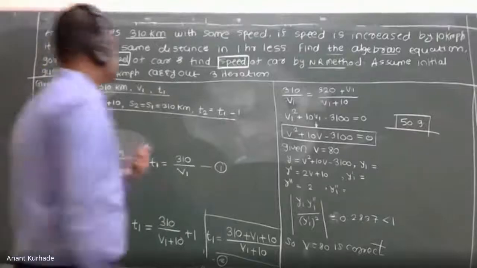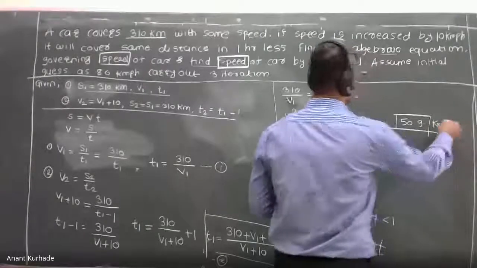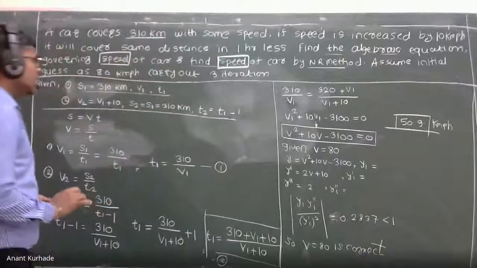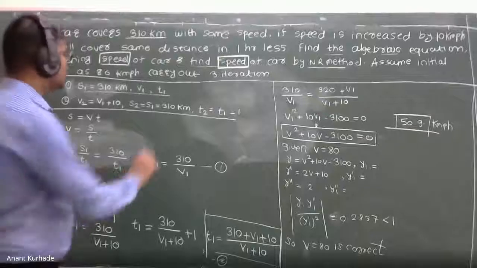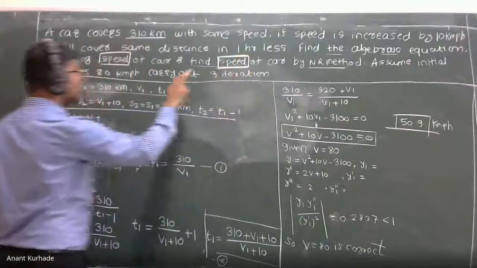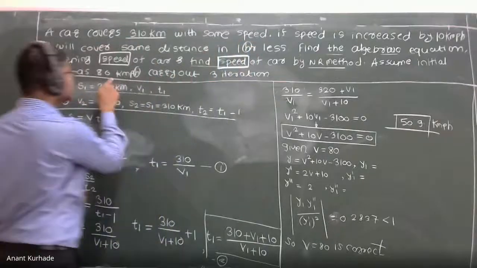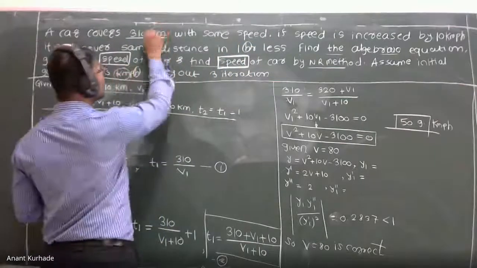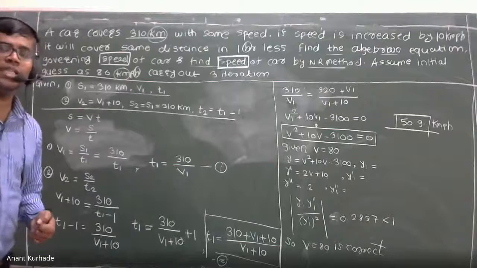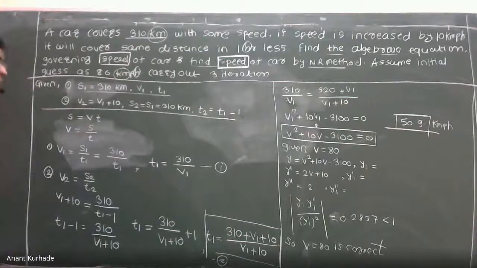Don't forget to write the unit. So what is this unit? Kilometer per hour. You see, while solving this type of problem, you must check their units. Time is given in terms of hour, and speed is again per hour, in kilometers. So don't convert kilometer into meter or time into second. Don't waste your time. If all is consistent, you can solve directly.